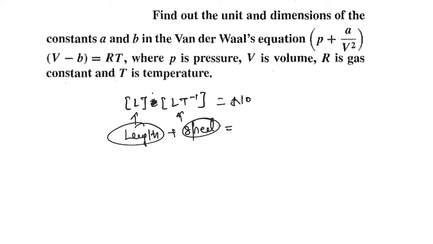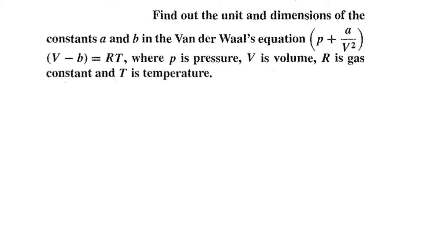Now instead of this plus, if I make this minus, is it possible? No. Length में से we cannot subtract speed. Okay. So can we multiply or divide two different physical quantities? Yes. We can multiply two different physical quantities. We can divide two different physical quantities with two different dimensions. But we cannot add and we cannot subtract two different dimensions. So this thing you have to remember.